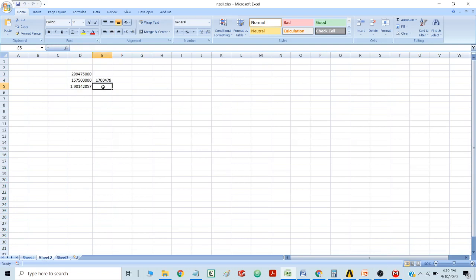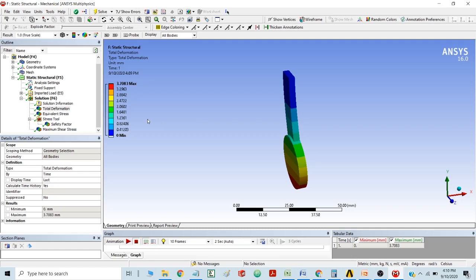This is from the formula FL cubed by 3EI that I have used, which gives 1.90 as the deflection. And the deflection I am getting here is approximately 3.7, which is nearly twice the theoretical value, a little bit lesser than 2 times. So if you want to optimize this, definitely you require more precise modeling.